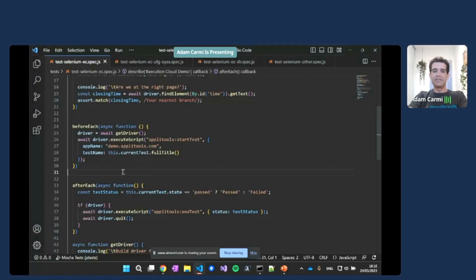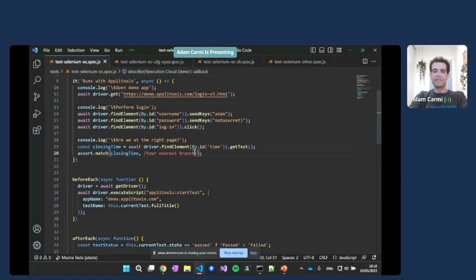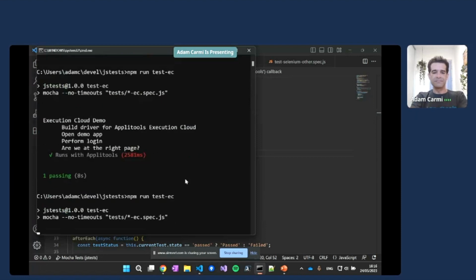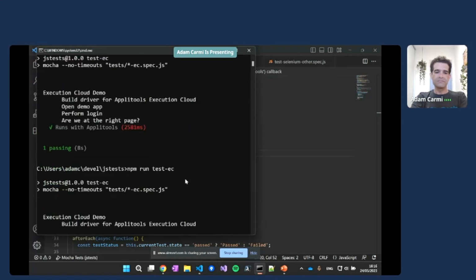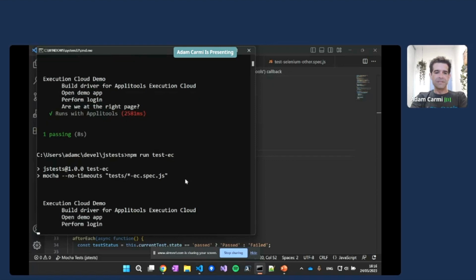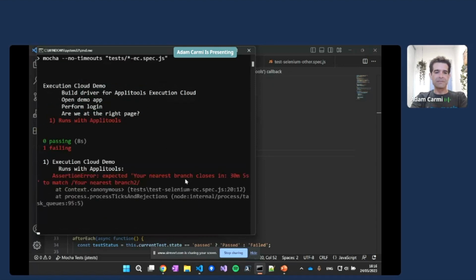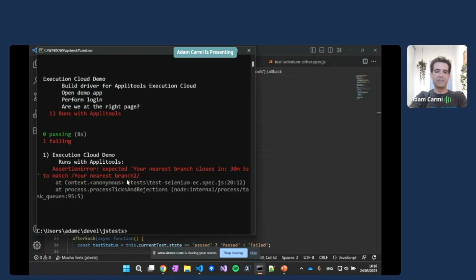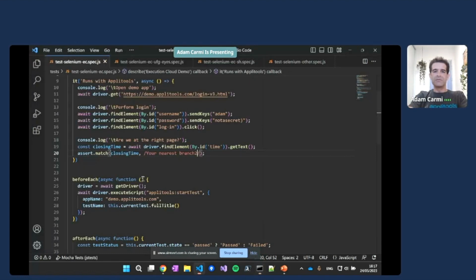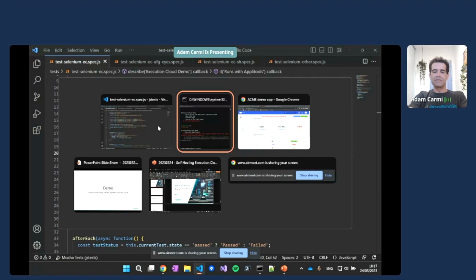Let's try and just generate a failure. Let's say that the expected text should be "your nearest branch 2", and rerun it. Again, doing exactly the same things. And now we have our failure, where "your nearest branch 2" is not what we get on that message, as we expect. So if we head back to our dashboard,